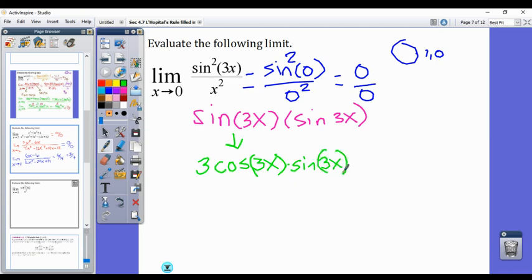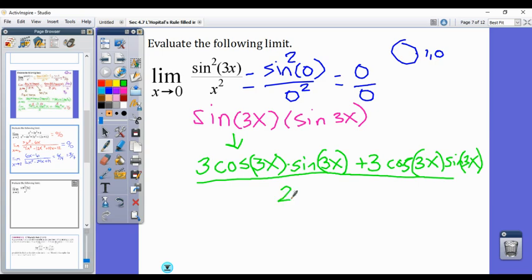And then we're going to have another one because we're multiplying by the same thing. So 3 cosine 3x sine 3x, all divided by, in this case, 2x. All right, so let's clean this up a little bit before I try to take the limit. So essentially, I'm ending up with 6 cosine 3x sine 3x